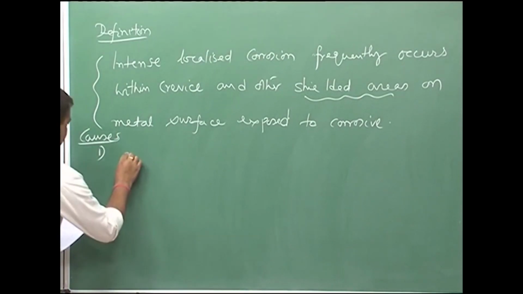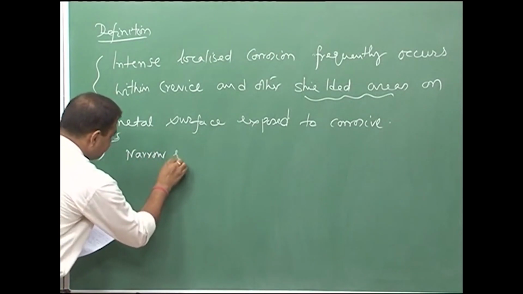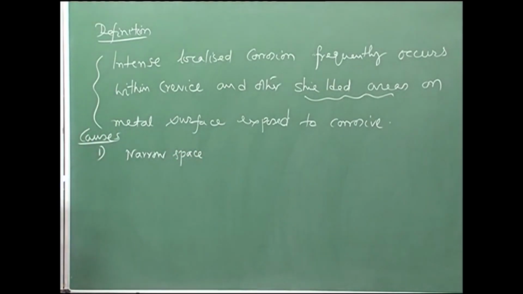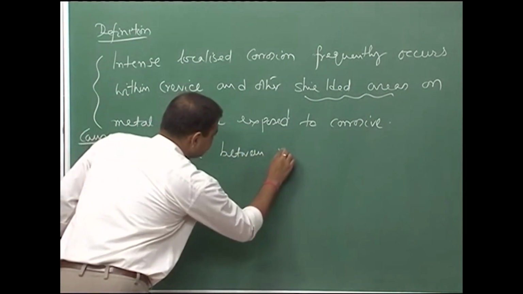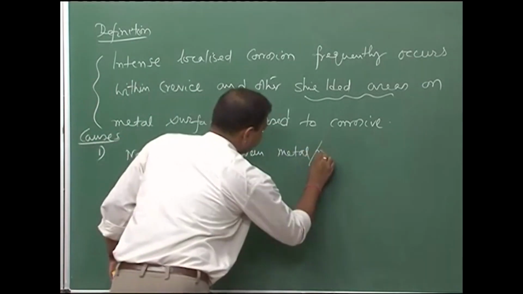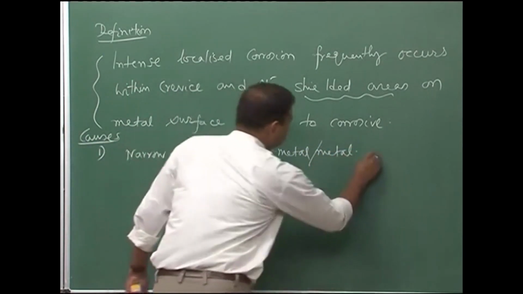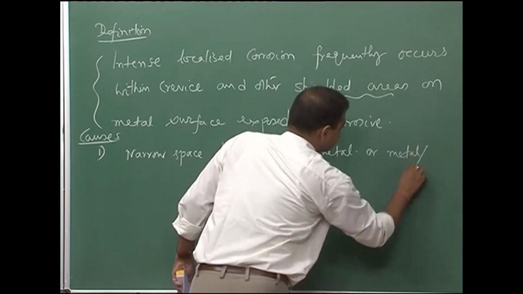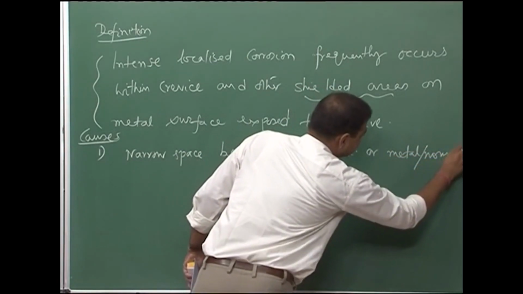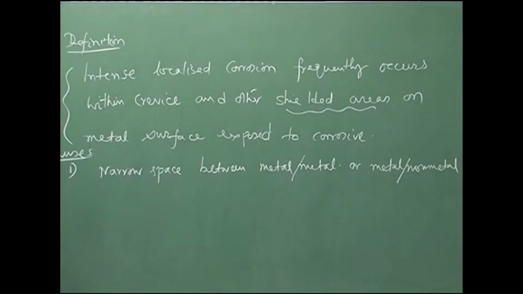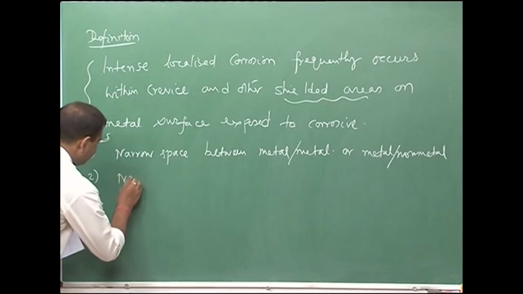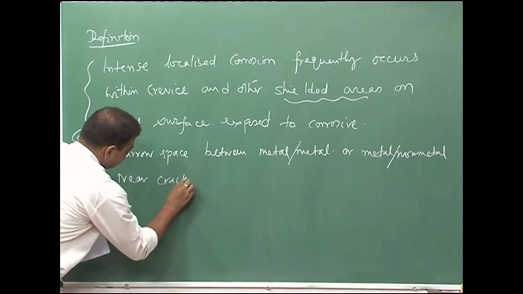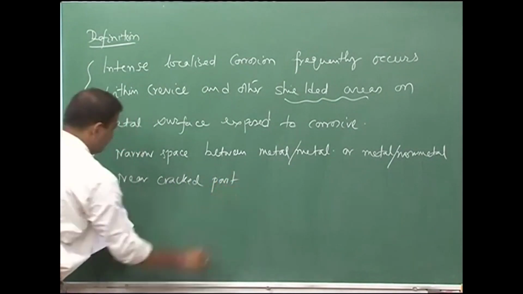One is a narrow space between metal to metal, or metal to non-metal contact areas. Then we can have crevice corrosion near a crack, a cracked part,